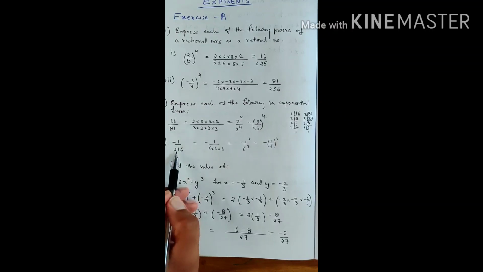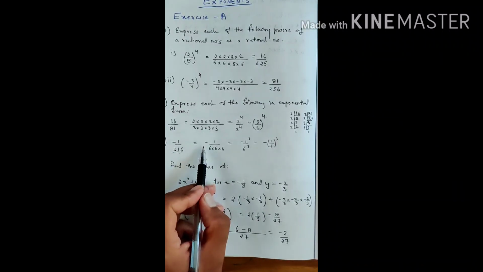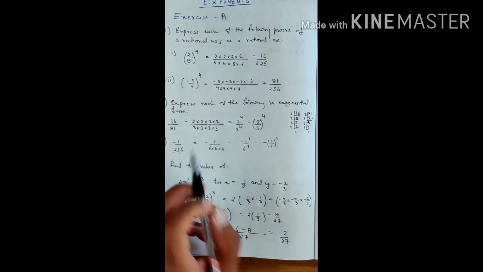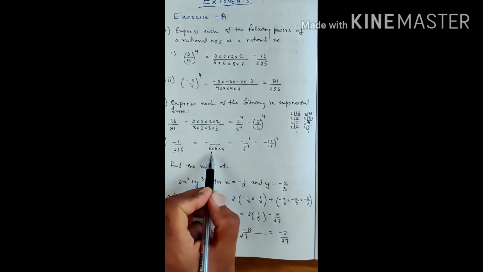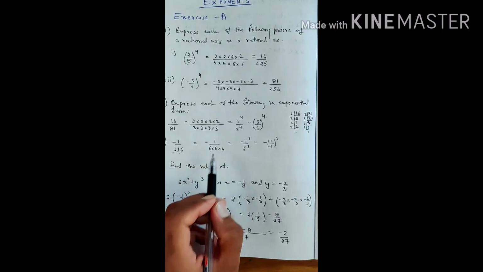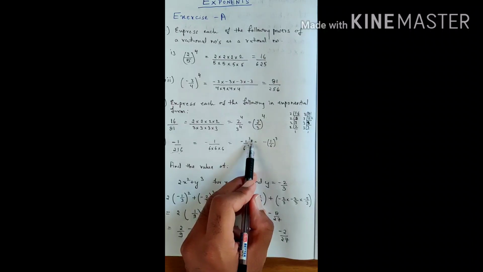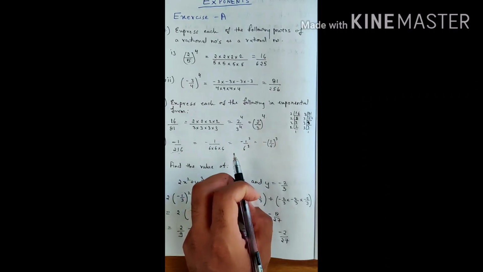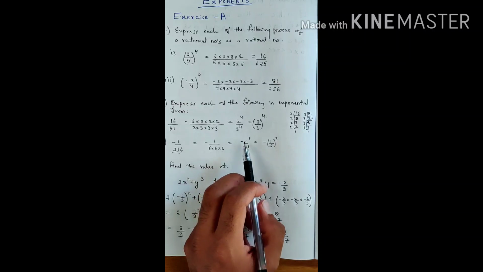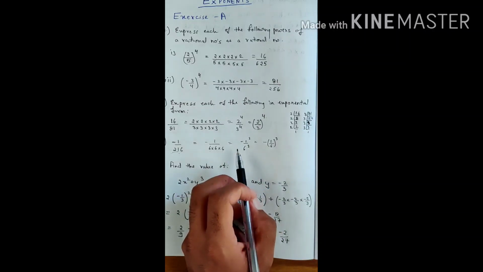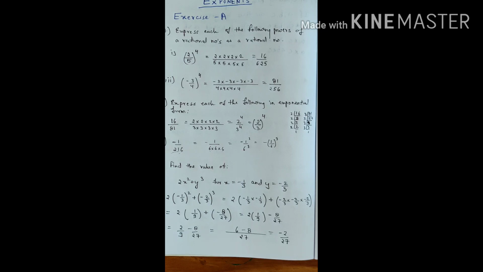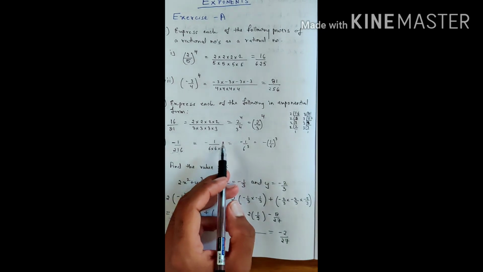We'll see one more, the fifth part of question number 2. It says -1/216. Again if you want, you can take the LCM of this. So -1 will remain as it is. 216, when we break this, will be 6 into 6 into 6. As you can see, I have written (-1) raised to the power of 3. You put any power on number 1, it will remain the same only, because 1 raised to the power of 100 also gives 1 only.